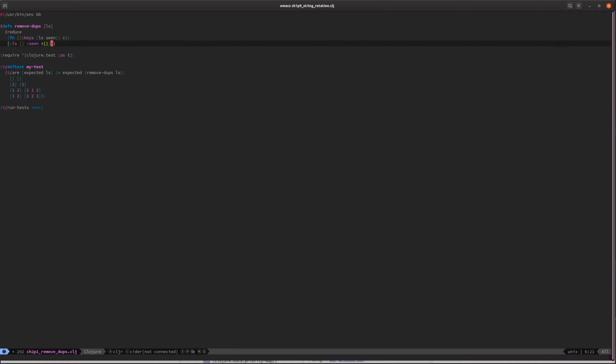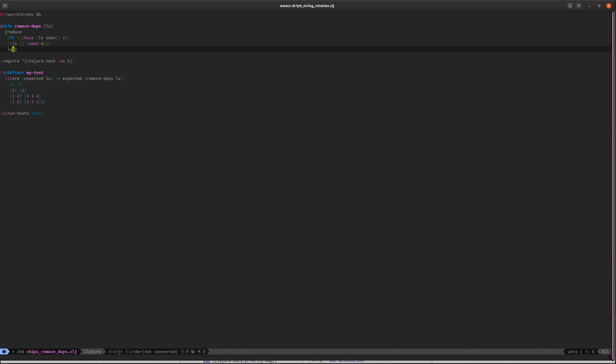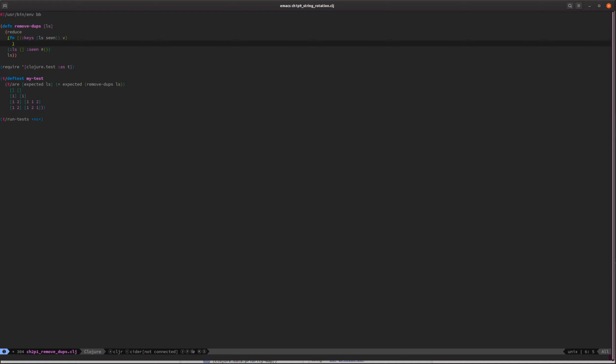And then finally, we're just going to process the entire list. So the reduce is going to run across all the values in the list, and it's going to start with this thing as the first accumulated value. It's going to be building this map every single time. It's the thing it's reducing over, and that's about it. And so v is going to be from ls, right? And so what we need to do is ask if